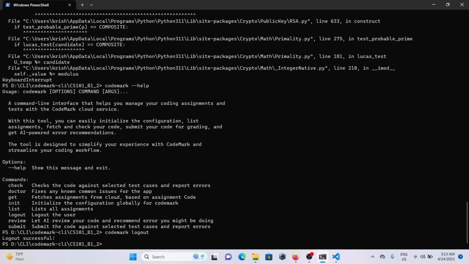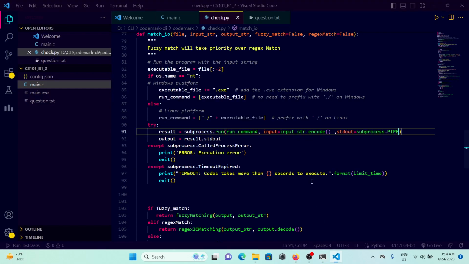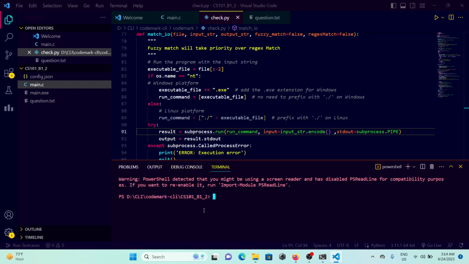So that's all from my side. The main purpose of providing the CLI interface is ease of use. I want to make code submission easy, so I don't have to switch to a browser or tab or find where the code is. I can do it from the terminal itself. I open VS Code, type in the terminal CodeMark submit, and it will simply submit the code. So the main purpose is ease of use, as well as the code checking and automation that CodeMark brings, which can help automate the task of checking the code. That too can drastically reduce the workload on professors as well as students,